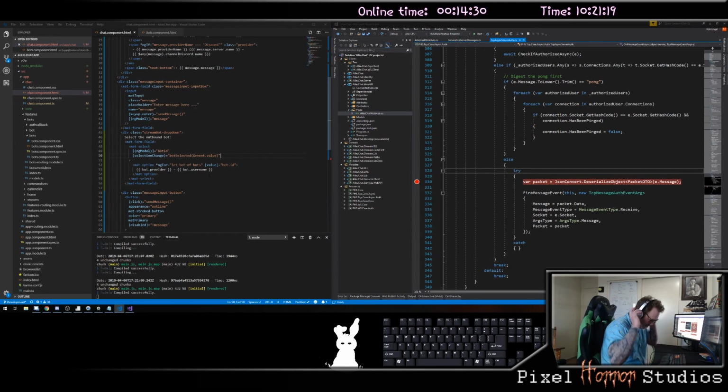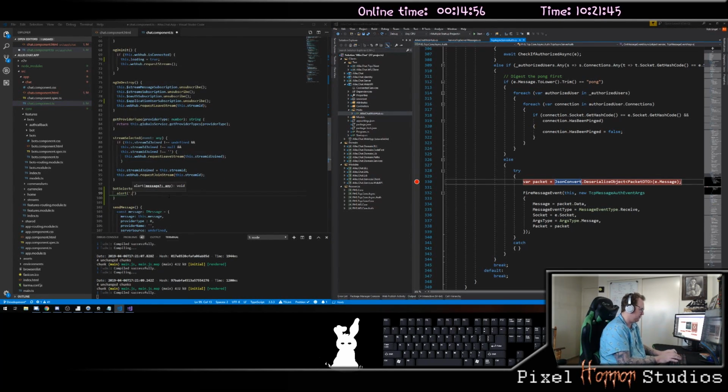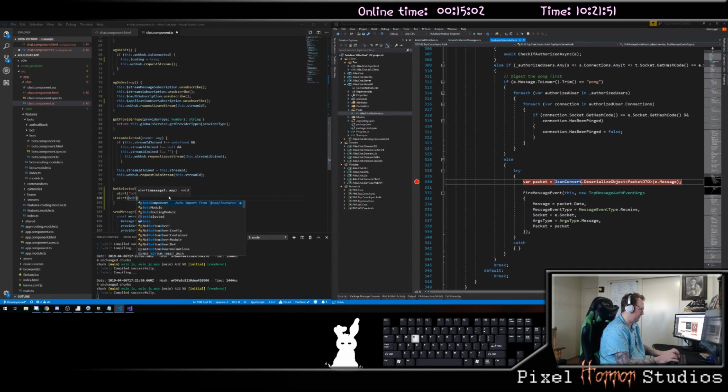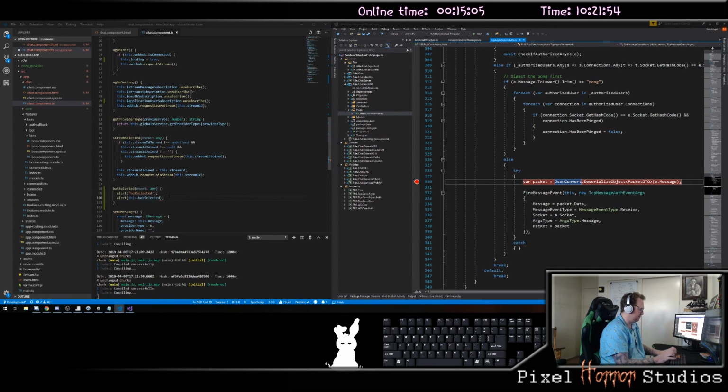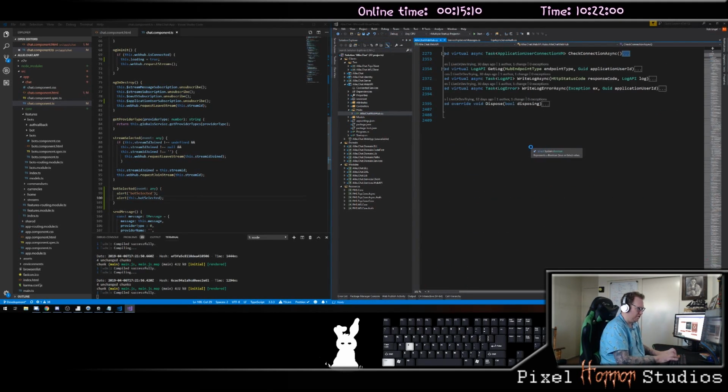Okay, let me try my phone. Okay, so now that we have that, we need to request our bots. So let me go back over into the TypeScript, and I'm going to say that this is an alert called bot selected, and I want to do an alert here of my bot select this dot bot selected. Okay. So now on the back end, I need to have a new